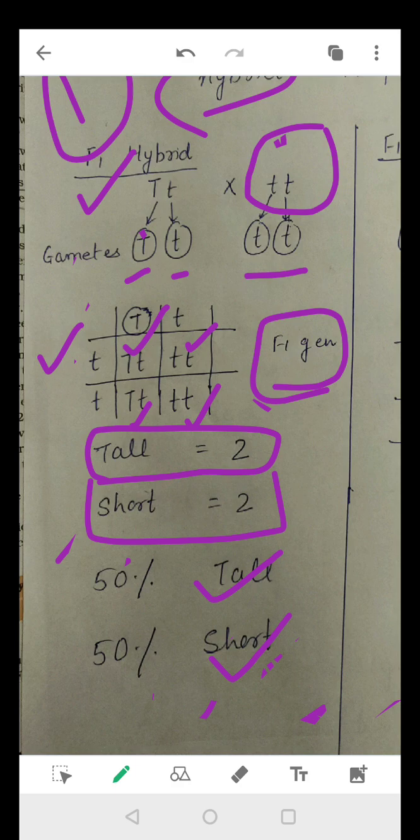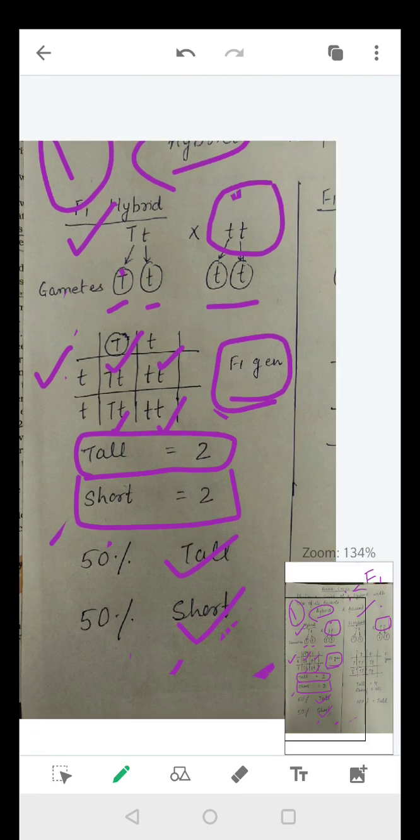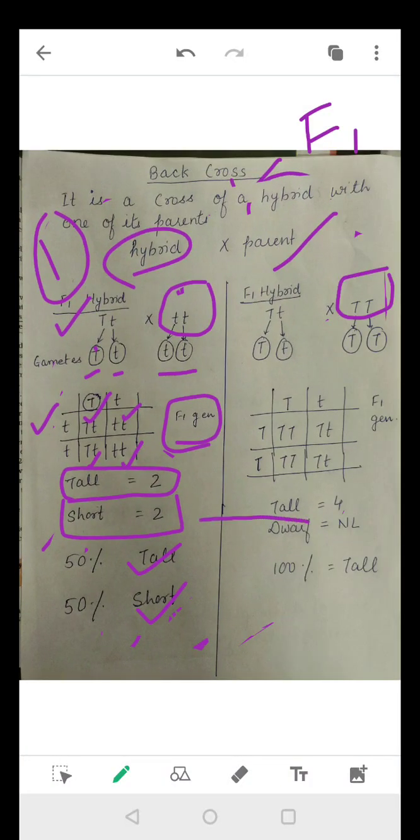So all test crosses are back crosses. Right? But all back crosses are not test crosses. Only this first possibility is your test cross. Right? Remember, all test crosses are back crosses, but not all back crosses are test crosses. Okay. Coming to the second possibility,